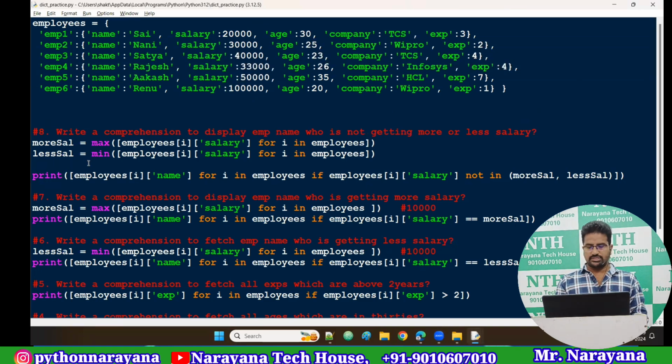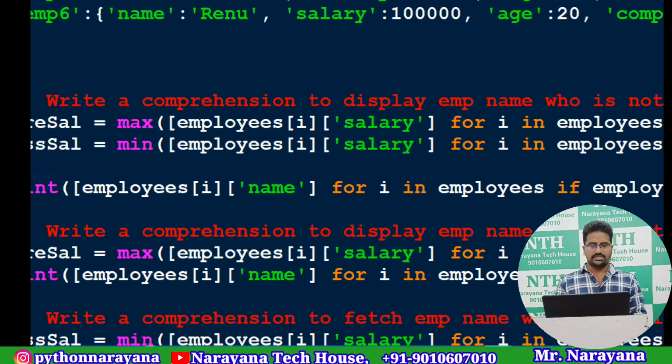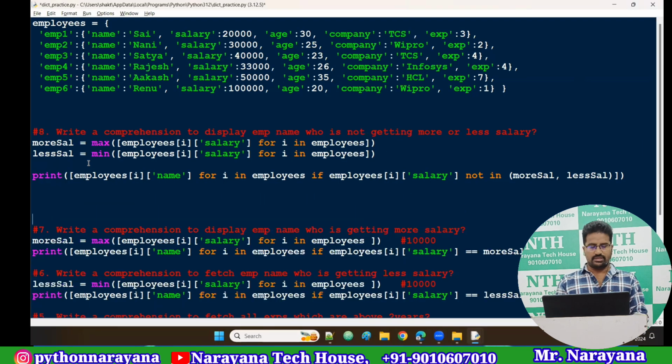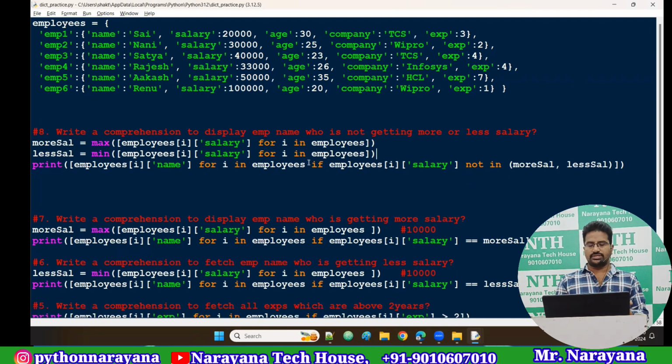If you want a step by step explanation again, like the same previous examples, all components execute in the same format, guys. All components same format. So if a condition is there, it will execute after the for loop. If it is not there, after the for loop directly that logic will execute.